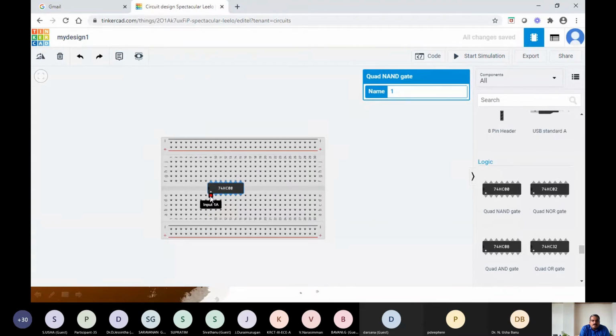If you make a mouse over that pin, it says that it is input 1A. Similarly, input 1B. So here it is output 1. So you have a group, that is a NAND gate, with 2 inputs and 1 output. See, if I make a mouse over the next pin, it says input 2A, 2B and output 2.